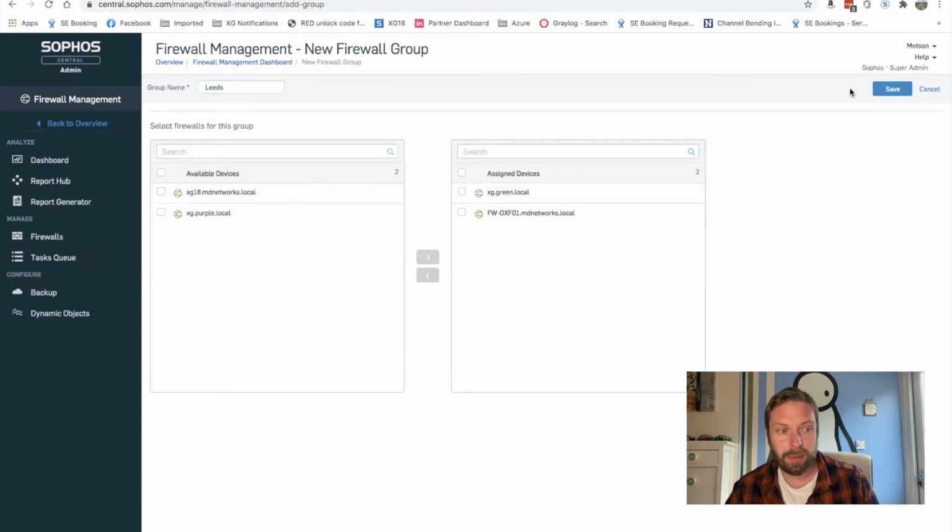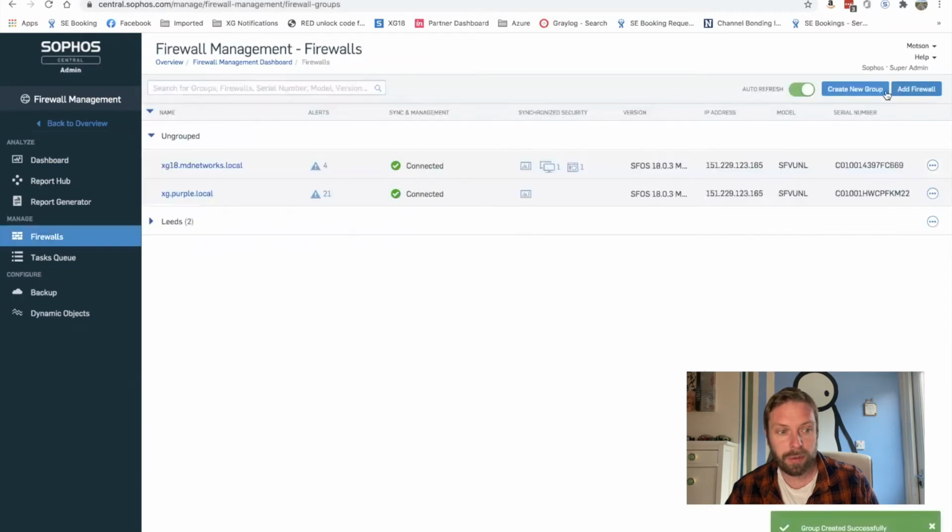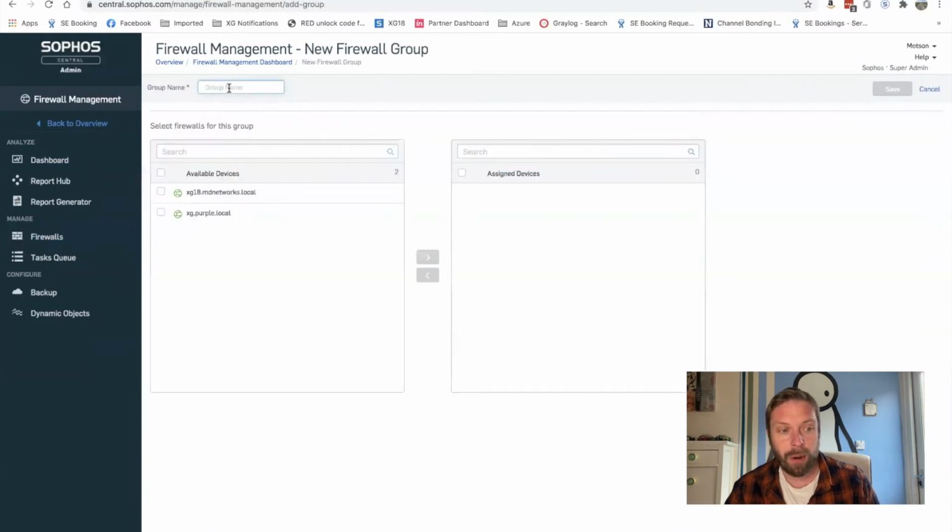So now you can see we've got 2 ungrouped firewalls, and we've got a group in leads. And what I'm going to do is just create another group as well. We're going to call this group Birmingham. And again, what I'm going to do is grab the other 2 firewalls and assign them to that group as well. So what we've done is very easily organized our estate